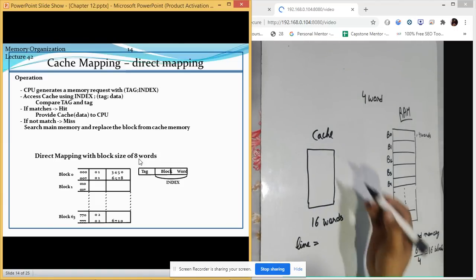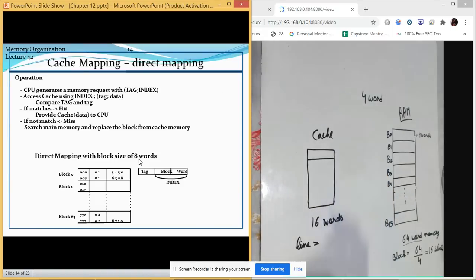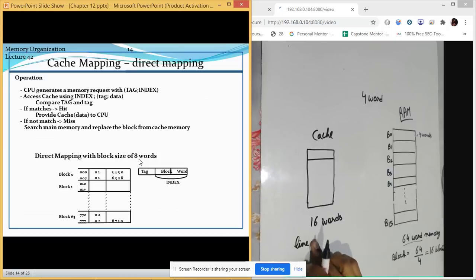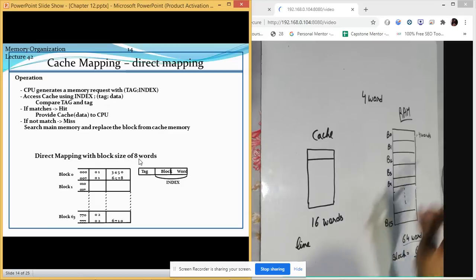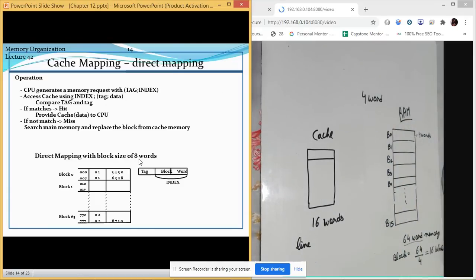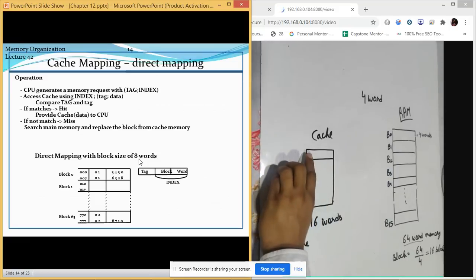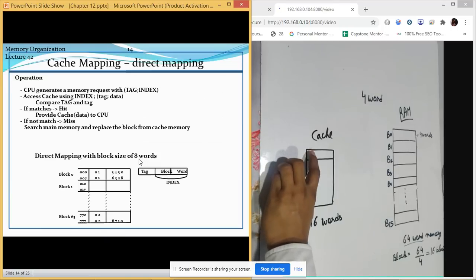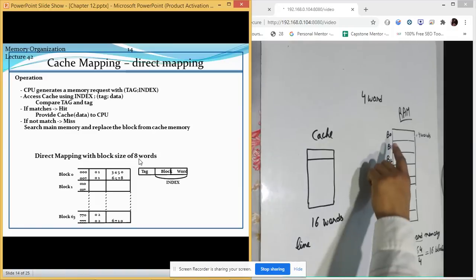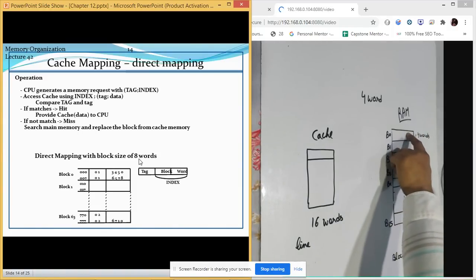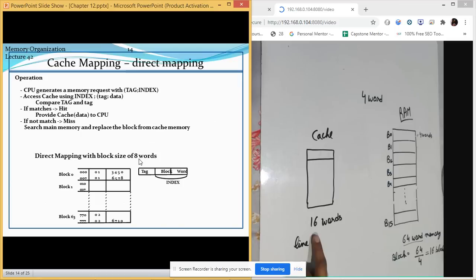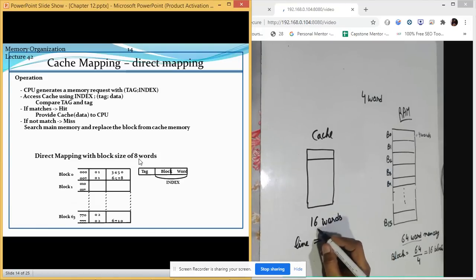We can find it out from how many words it can store in one line, which is equivalent to the number of words in one block. So in simple words, what we are trying to do at this place is simply assume that the number of words in one line will be equivalent to the number of words in one block of your RAM. So they are 4. So this will also be equivalent to 4. So the total number of lines which we require to contain 16 words will be 16 divided by 4.